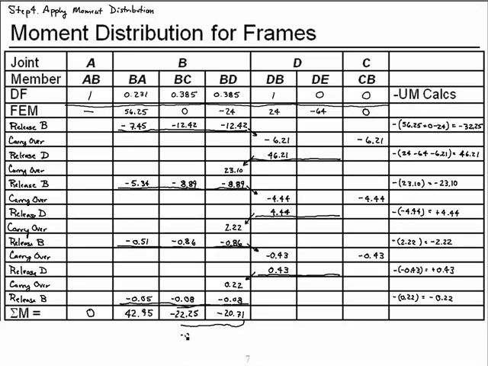We get a negative 0.01 foot kips, which is sufficiently close to 0 for us, and so that satisfies equilibrium. That's a good sign that we did not make a math error along the way. We now go to member DB, the 24, the minus 6.21, the positive 46.21, and these add up to 0, and